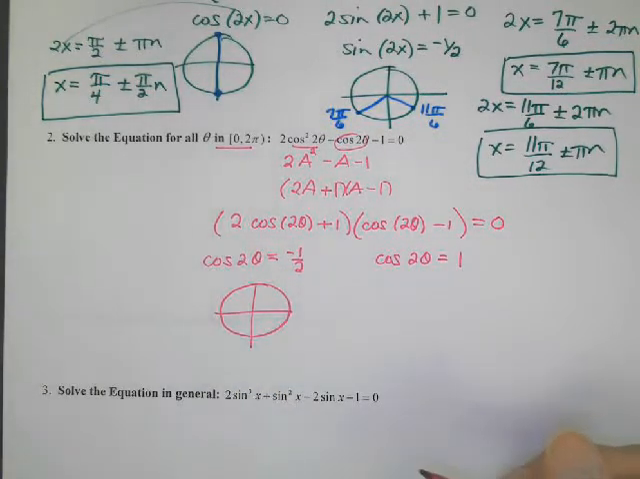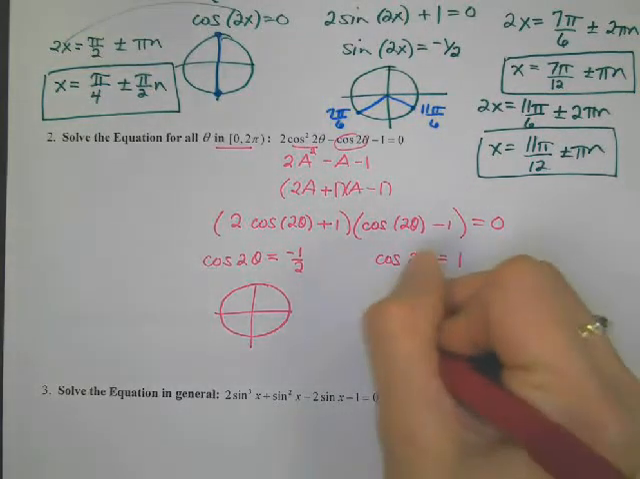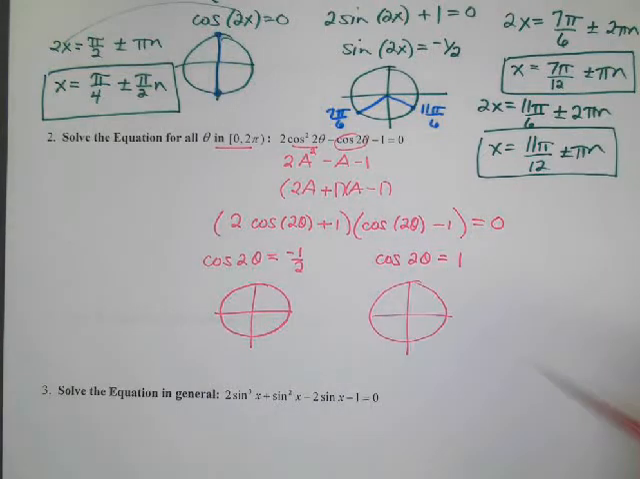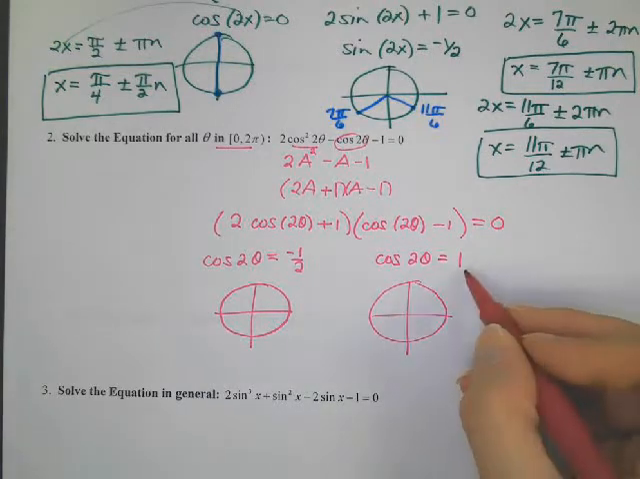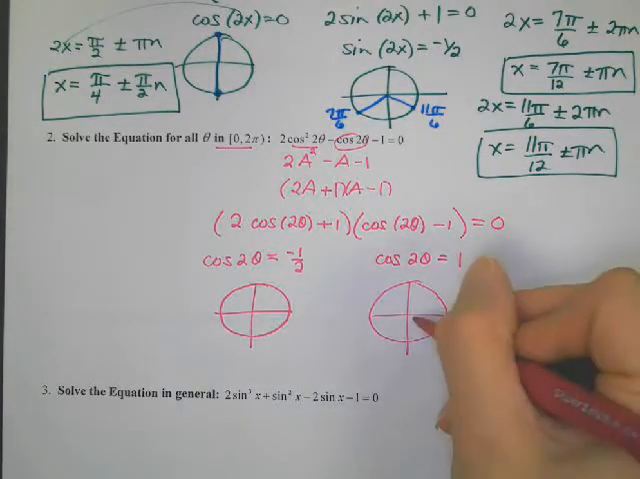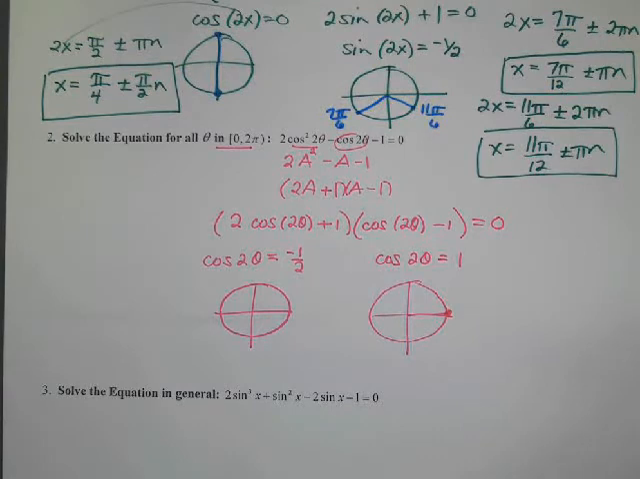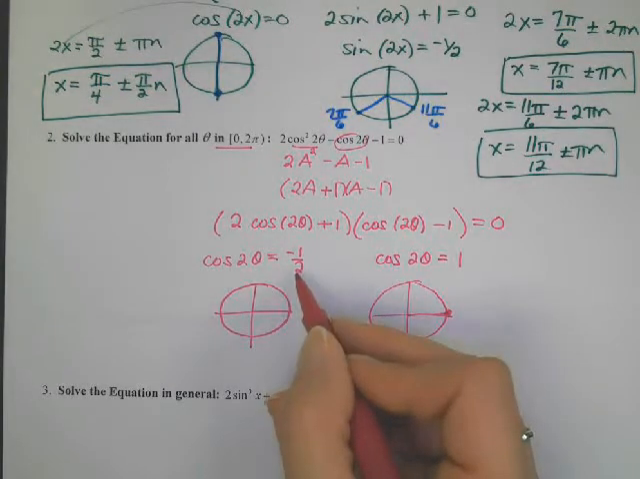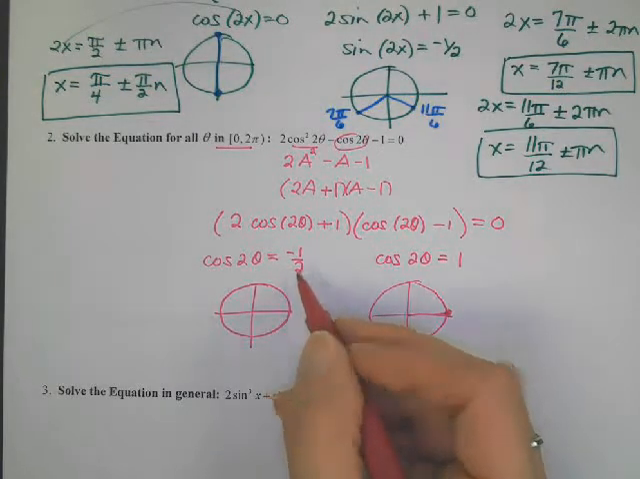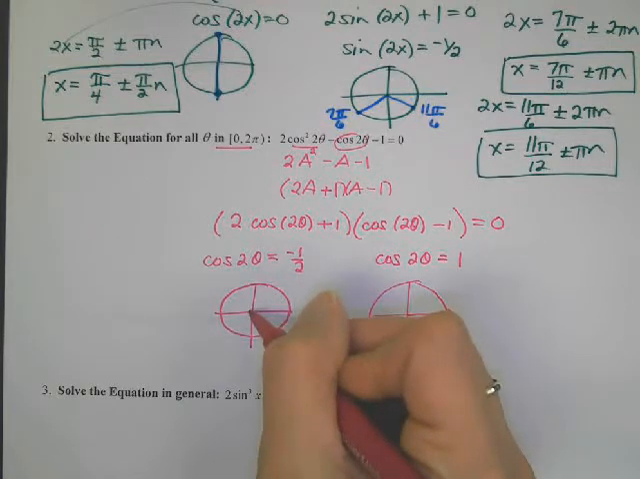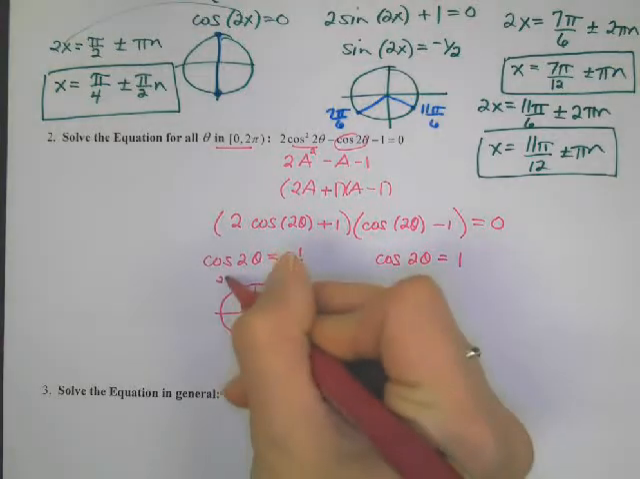Where is cosine negative 1/2? And where is cosine of positive 1? Cosine is positive 1 right here, and I believe that's the only place. Where is cosine negative 1/2? Negative in quadrants 2 and 3, at 2 pi over 3